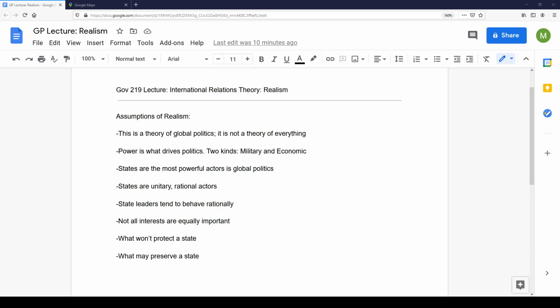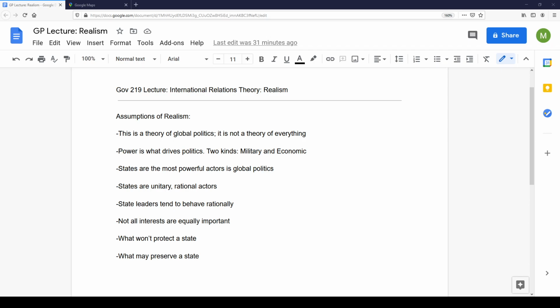So here we go with our first theory of how global politics works. I'll mention that, as well as the lecture on liberalism, it is realism and liberalism that are the two main theories of global politics today. Among most academics, those who have PhDs in international relations, political science, and above, there are fewer realists today than there are subscribers to liberalism or some kind of it, and there are a host of smaller theories. But we're going to start with realism. It's one of the older ones, and it's probably the easiest to understand.